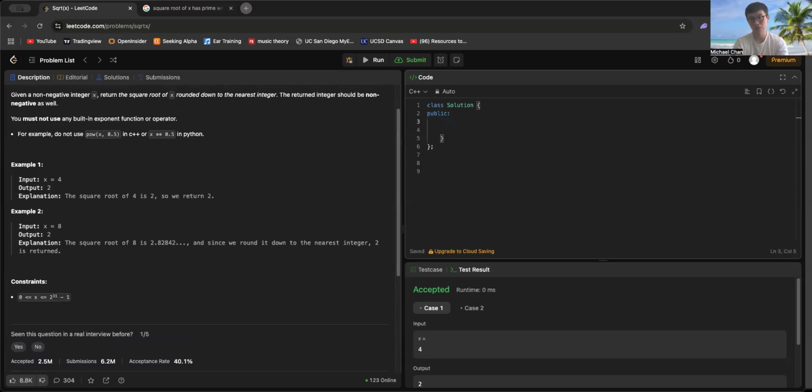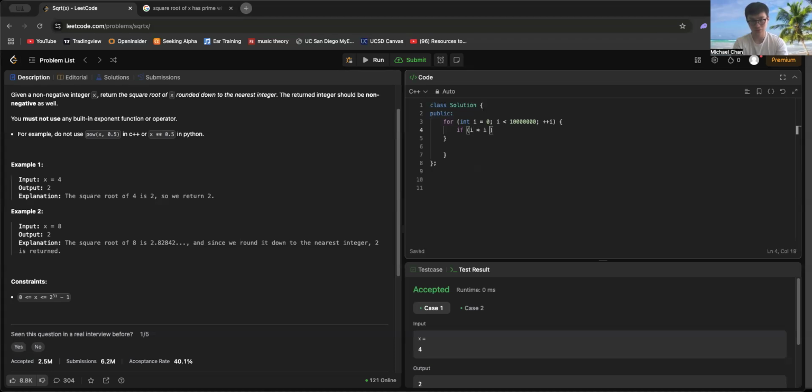So for int i equals 0, i less than, let's say for a really large number, right? And then if